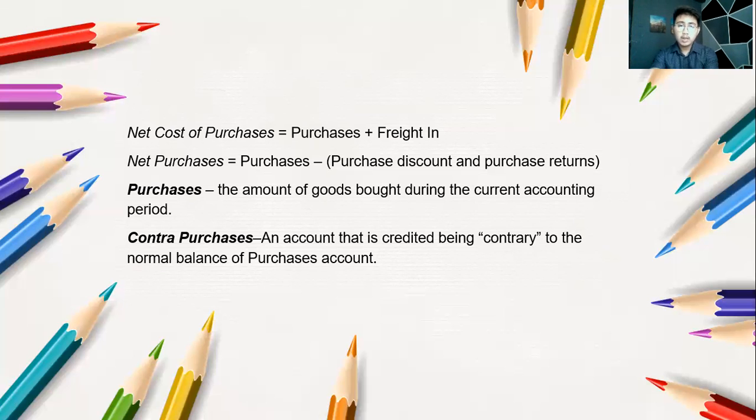Okay? So we have also the purchases, which is known as the amount of goods bought during the current accounting period. So ito yung mga binili natin na mga gamit para sa isang negosyo or para sa business natin. So when we say contra purchases naman, an account that is credited being contrary to the normal balance of purchase